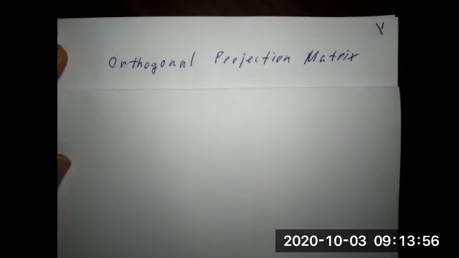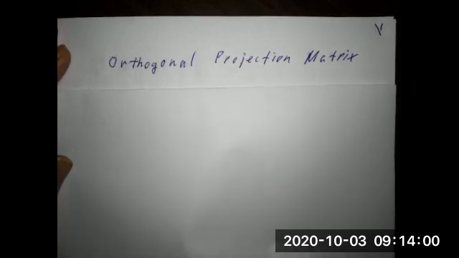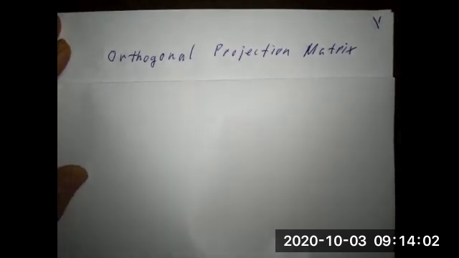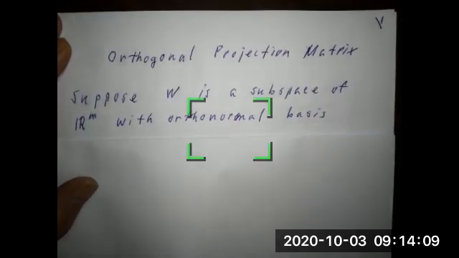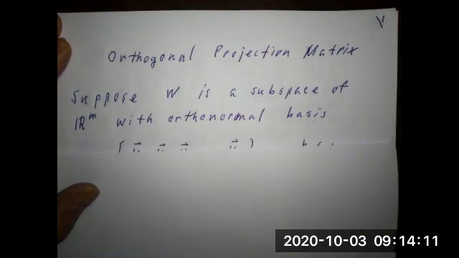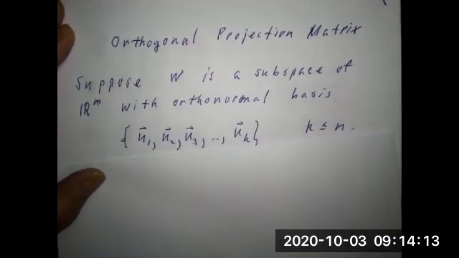In this video, we're going to introduce what is known as the orthogonal projection matrix. It provides a convenient means for computing the orthogonal projection of a vector onto a subspace. So let's suppose we have a subspace of Euclidean space Rm with an orthonormal basis consisting of the vectors u1,